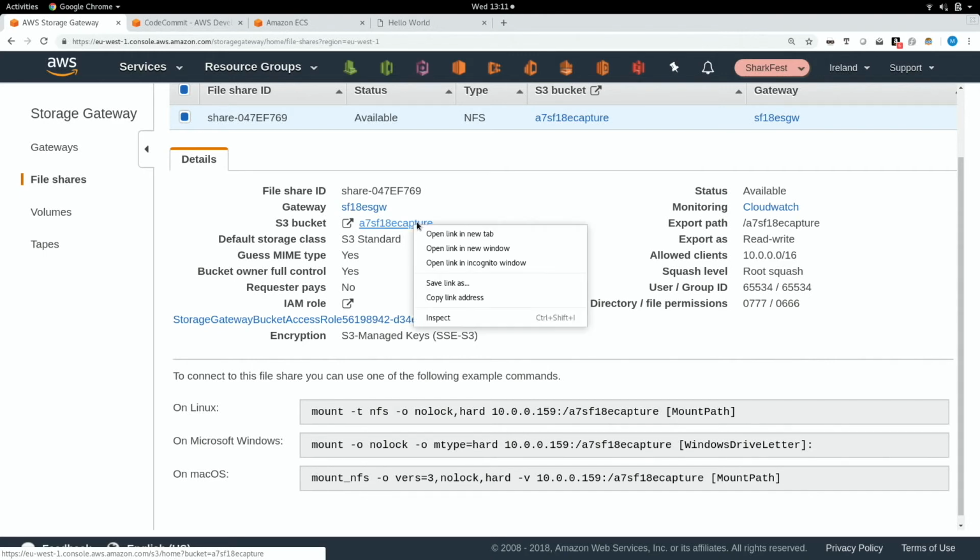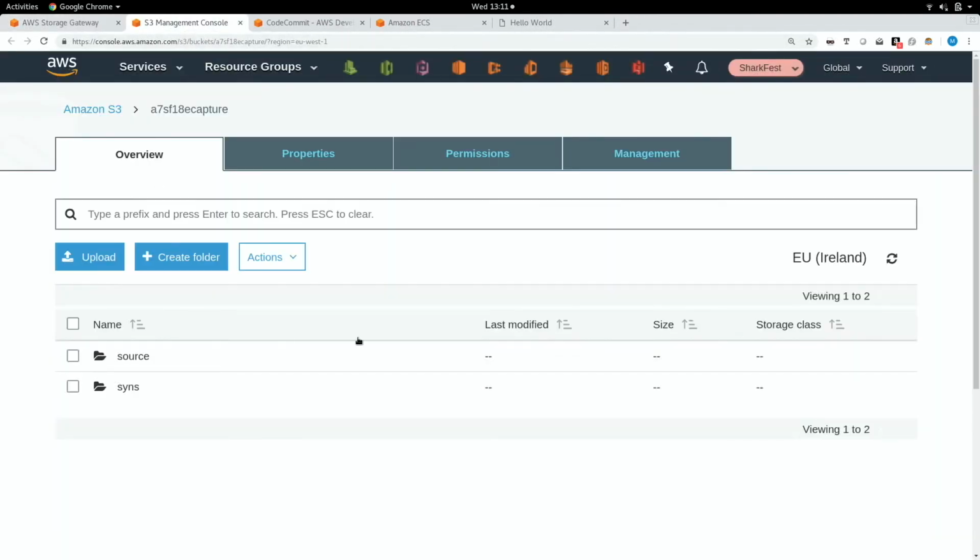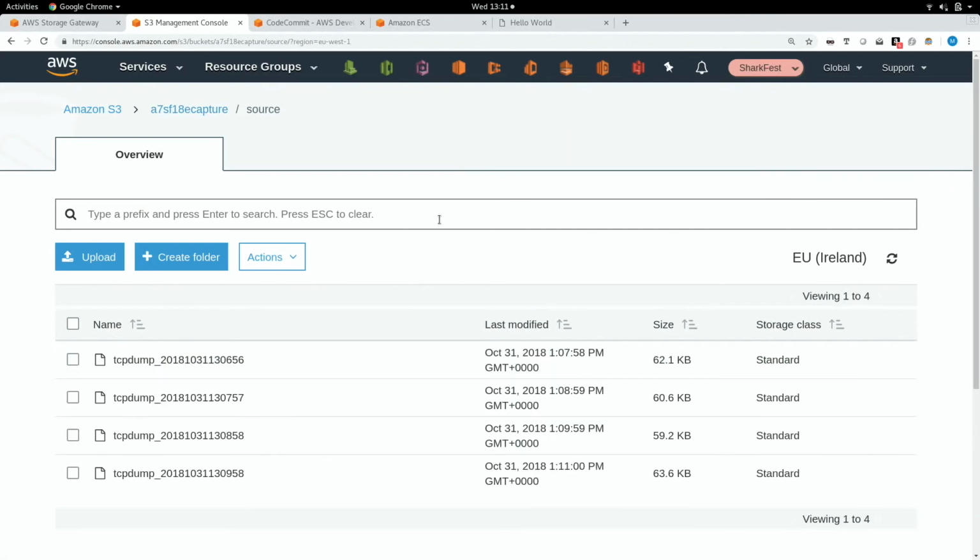So hopefully, if I look at our S3 bucket now, we've got a couple of folders in here, and with any luck, some TCP dump. Because I started this 4 minutes ago, we've got four minutes worth of TCP dump files that are immediately backed into S3, which is great.